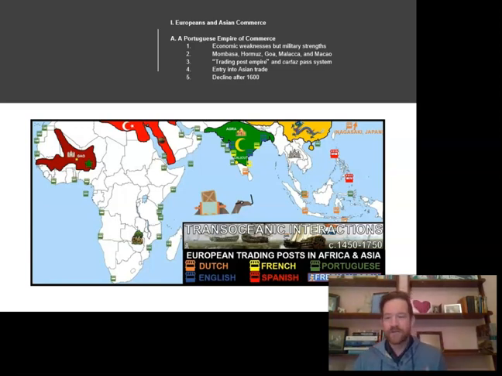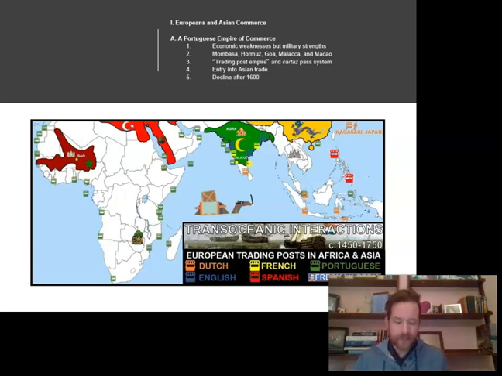Thus, they started to use their extremely maneuverable ships and cannons to attack merchants and ports, taking what they wanted, and they established a trading post empire. So these Portuguese-controlled ports in East Africa, the Persian Gulf, India, Southeast Asia, and China gave them entry into the Asian economy. And unlike the Spanish annexation of large tracts of land in the Americas, the Portuguese only seized